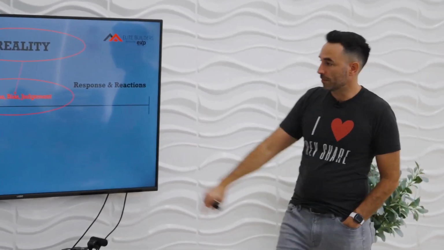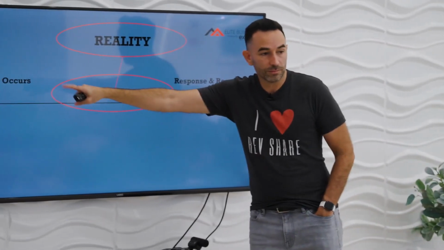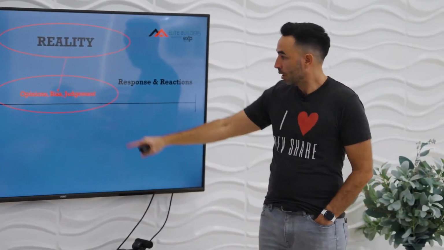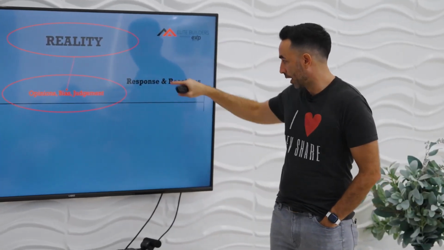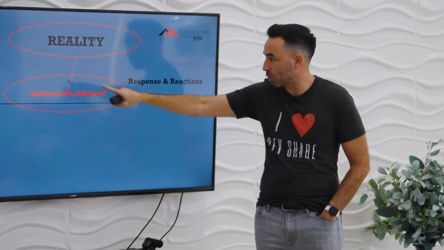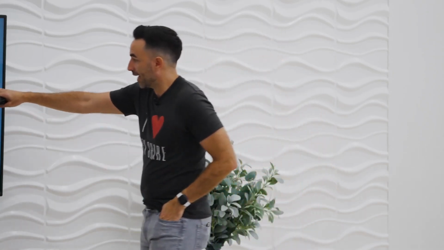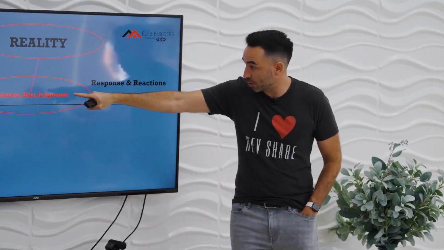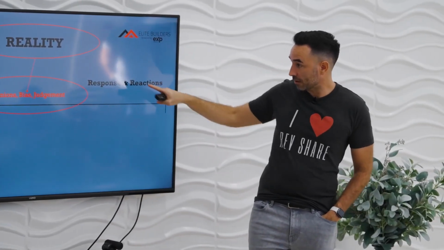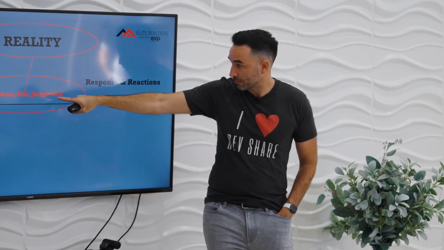So something happens, let's say you get a shitty review. And I think I just respond or react to that, but what's happening in this step? What's my opinion or my judgment? I'm never gonna get another thing, all this shit's gonna fuck up, blah, blah, blah. And then I have my response or my reaction. What's causing the pain is actually my opinion or my judgment. It's not the event, this is what's causing it.